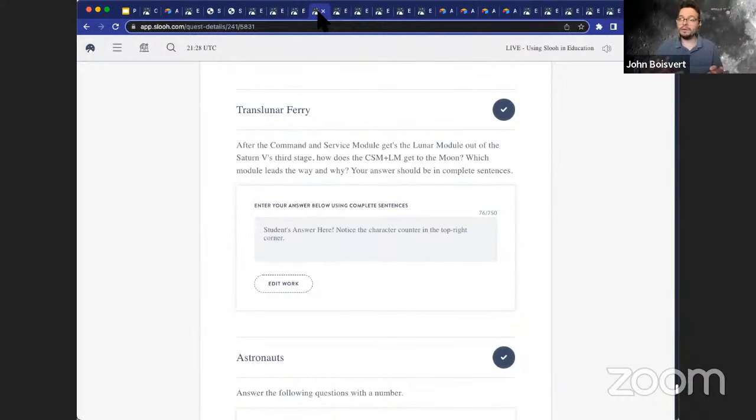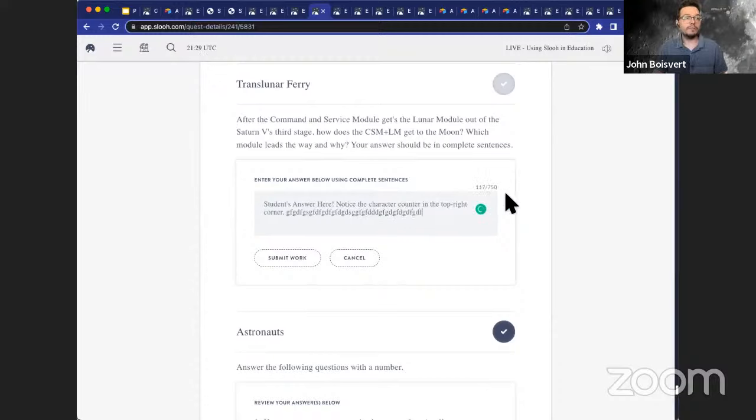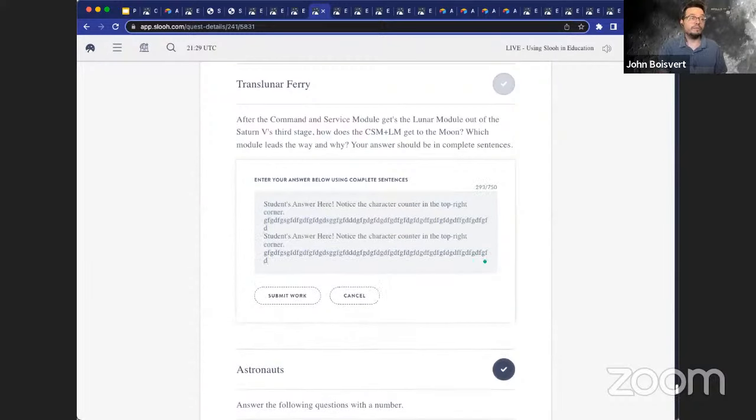And we have a number of flavors of free response questions now. So this one is more of a shorter free response question that students are asked to answer in complete sentences, something that's new this time around. And what else is really awesome about the free response questions is when students type in their answers, once I click this edit work here, and I just start typing in some gibberish, you'll notice that there's a ticker in the corner now. And so this will inform the students of how close they are to reaching the end of the box, as there are going to be questions that actually inform them to fill out the box.